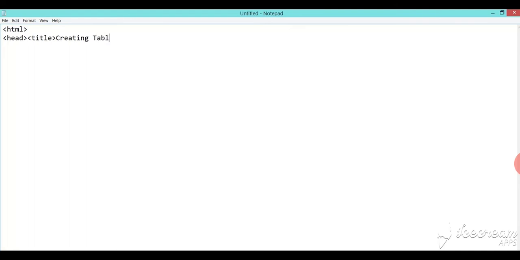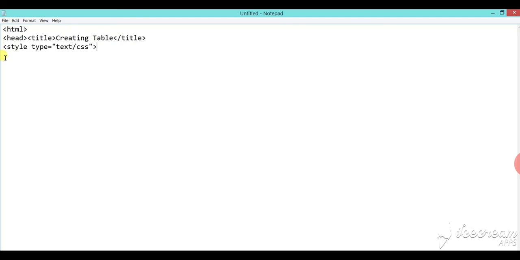So first make a title, creating table, and close the title tag. Then here we use style for making CSS. See, in this way, text/css. Then close it. Then type the whole program in this way.